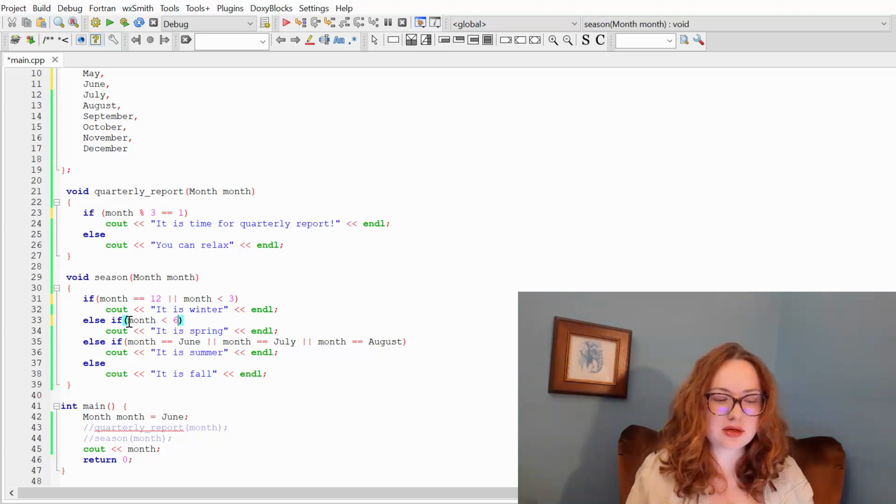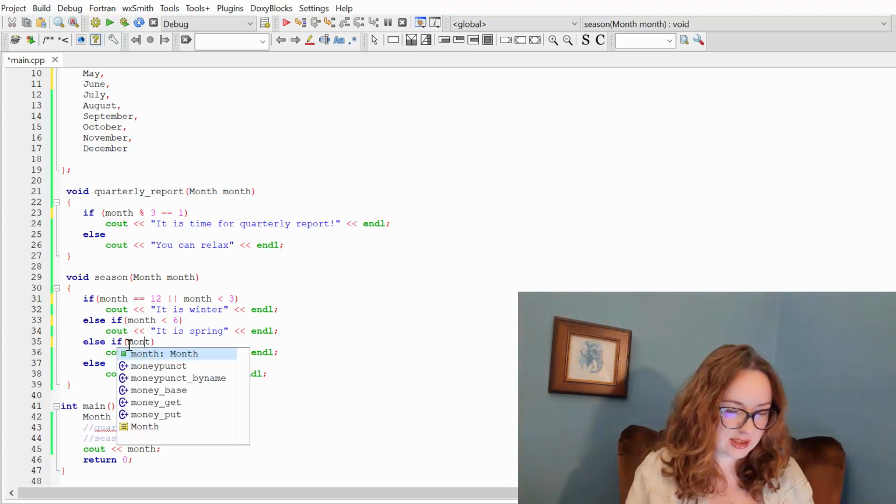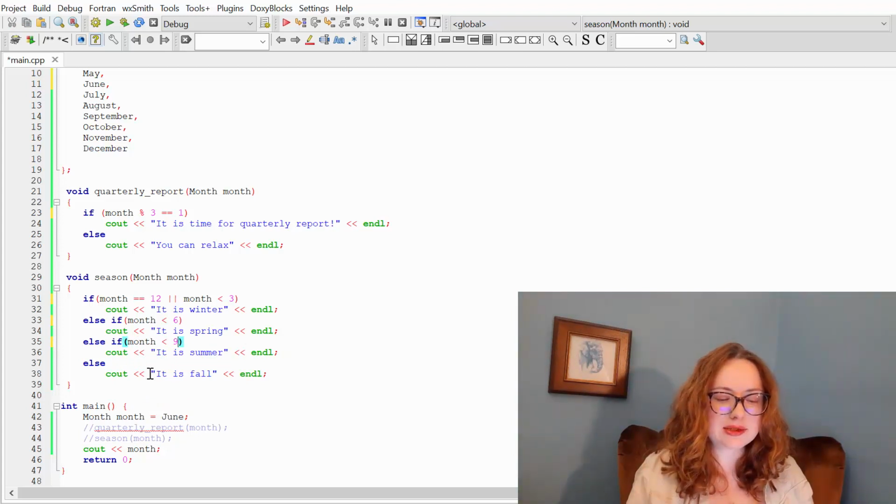So months are 3, 4, 5, it's spring. Else if month is less than 9, it's summer, and else it's fall. So you can see that now when we know that the values of enum are equal to integers, it's much easier to work with these values.